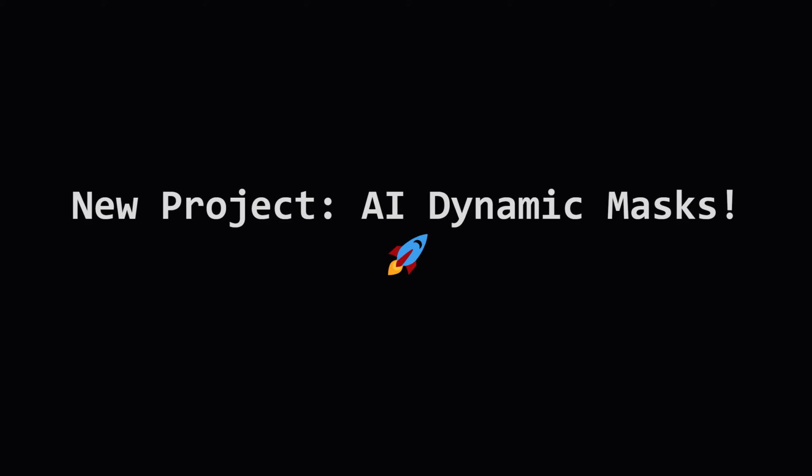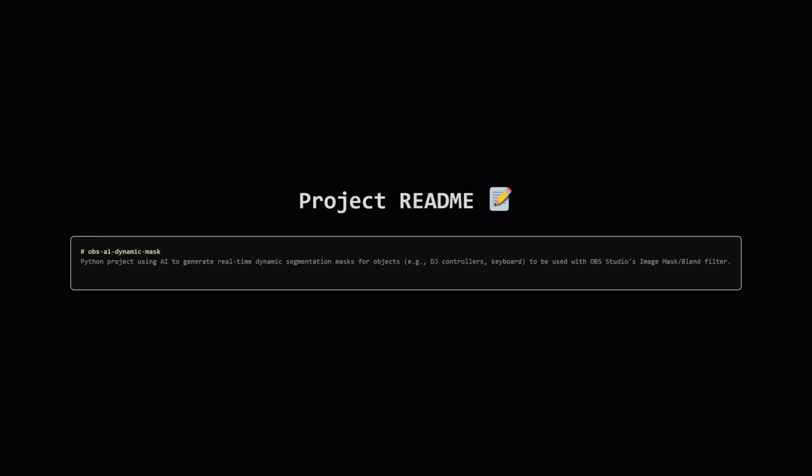I've been wanting to do this for a while. I've initialized a new repository for a tool I'm calling. It's still very early days, just the initial setup for now. Here's the initial README. The goal is to create a Python project that uses artificial intelligence to generate real-time dynamic